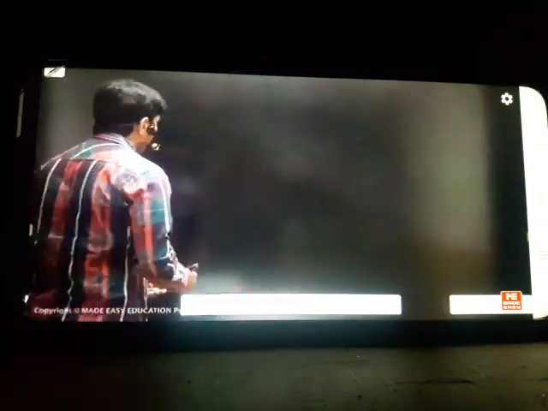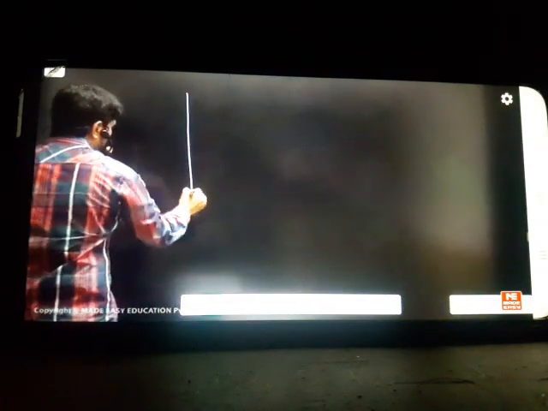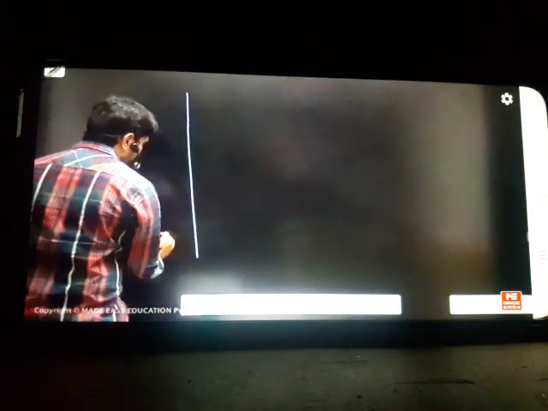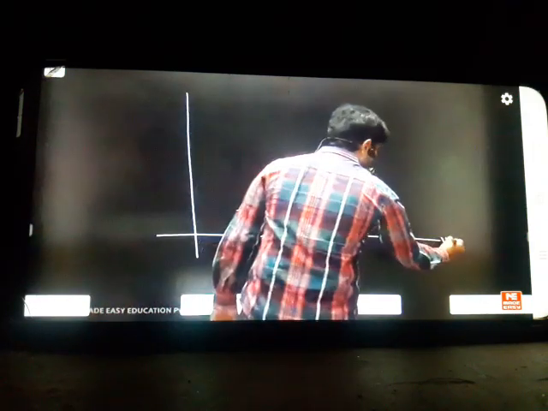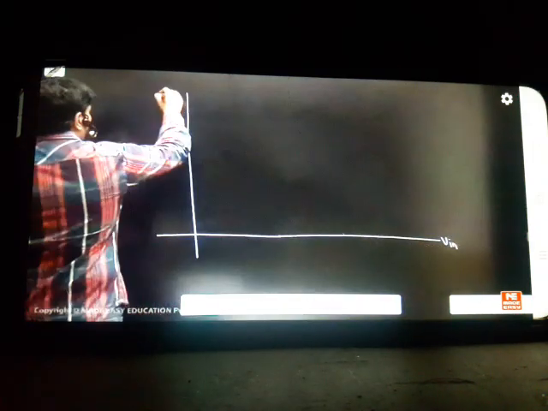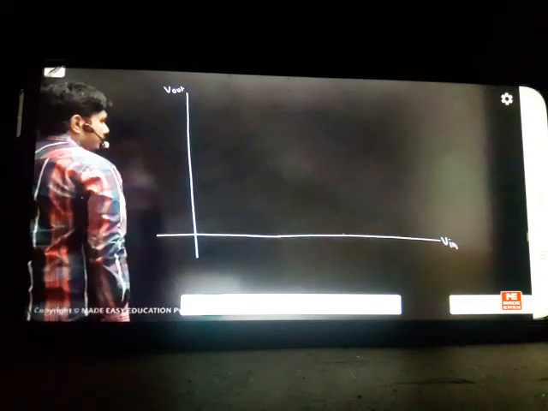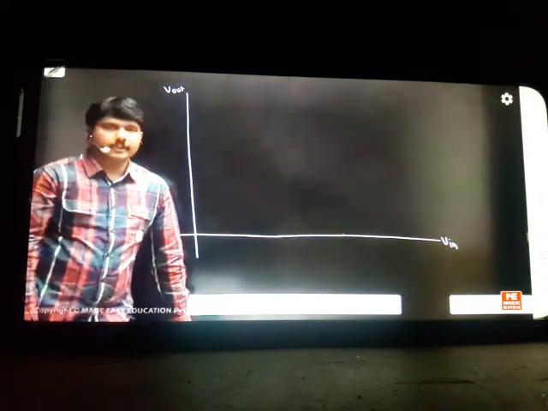So let us see the graph now. Let us see the very important graph, the total CMOS graph. You can take a full page and draw this graph, which is very important to solve the problems in the GATE exams. This one graph will solve each and everything in the problems. So write this graph neatly. This is VIN. Take the full page. Make it a horizontal page otherwise, and write this graph nicely. This is V out. Take the entire graph like this. I can solve each question with the graph only. So let's see how the graphs are coming.